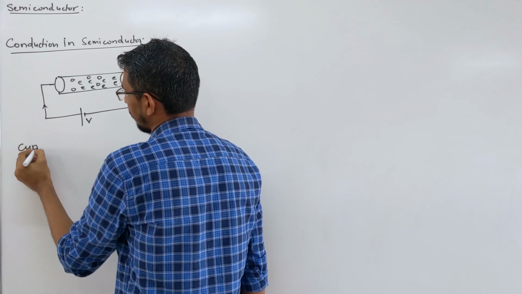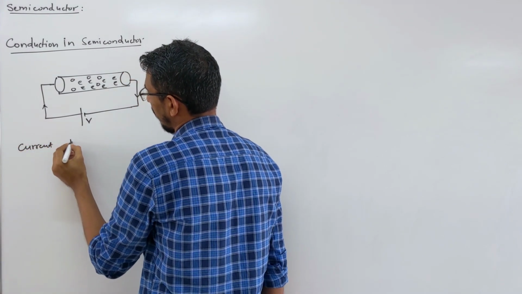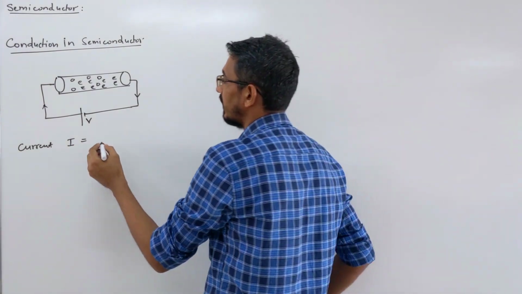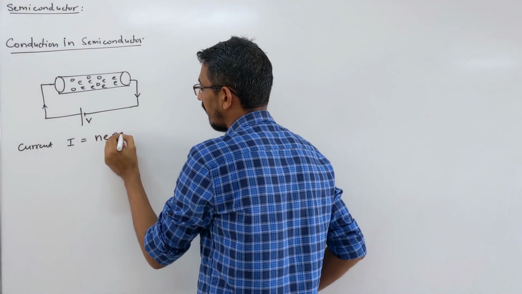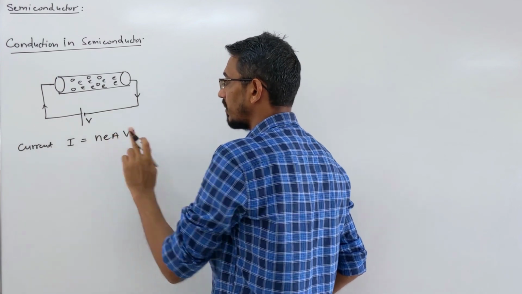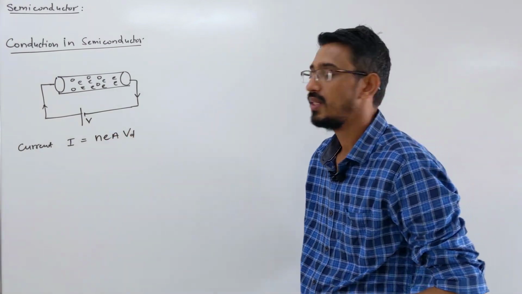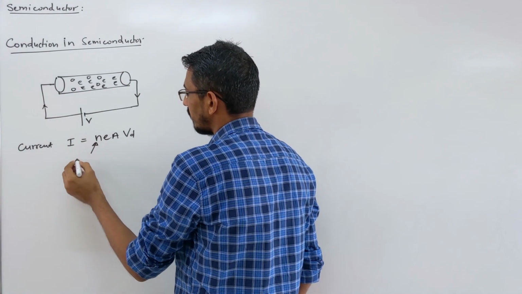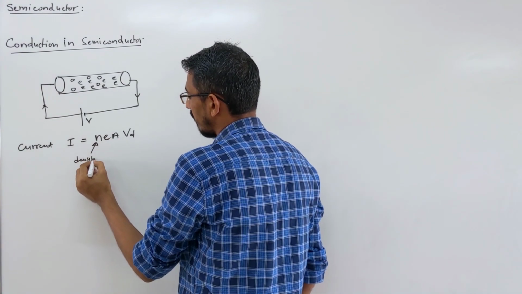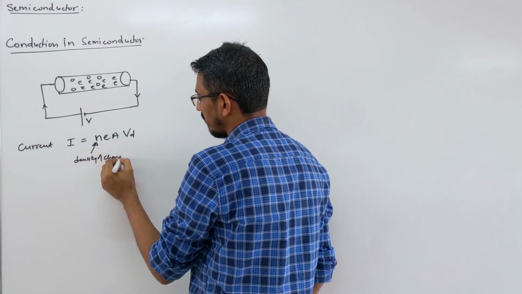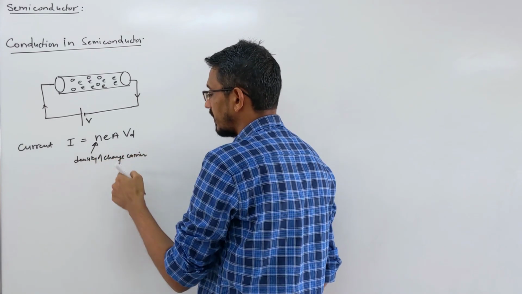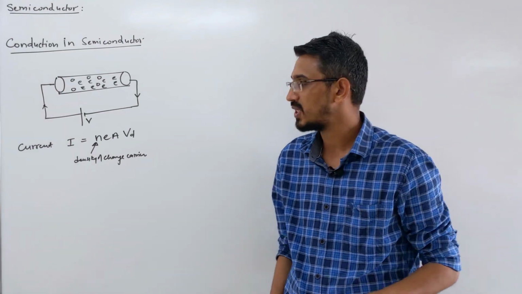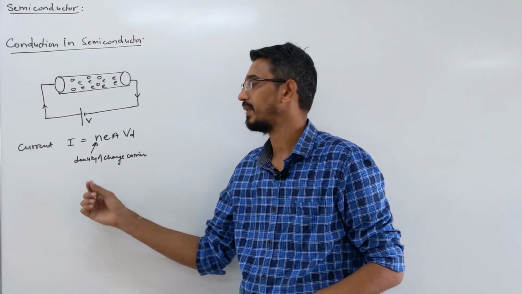Current, the first thing you learn. Remember, you write current in terms of the drift velocity of the electrons. So that is I = neAvd. I hope you remember this. This is very popular in current electricity. So let me tell you the meaning of all. n is called the density of charge carriers. What is the density of the electrons? What is the density of the holes per meter cube? It's not just a number, it's number density.